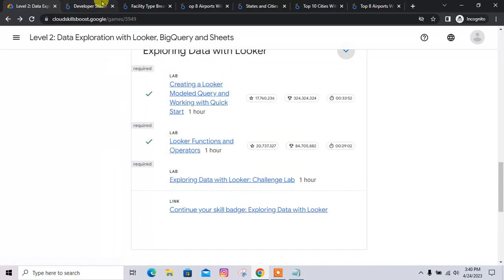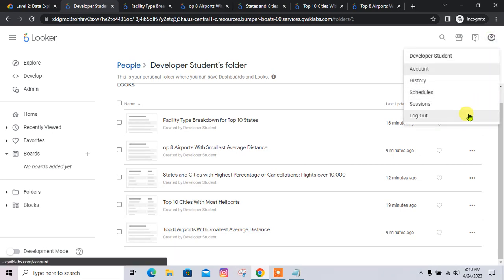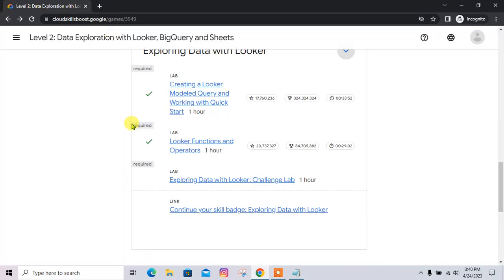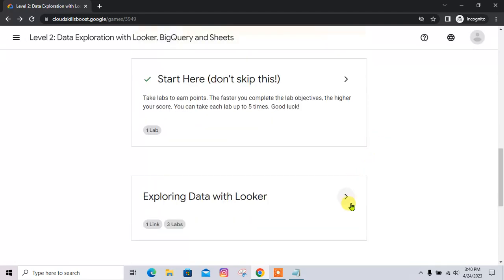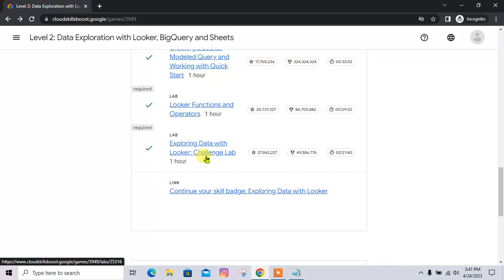It's not showing check button next to this. I think we need to refresh this, no? Okay, let's refresh. Yeah, see this. Okay, so